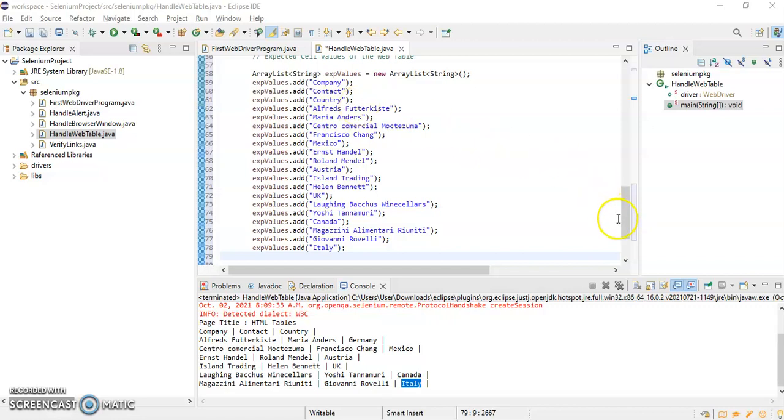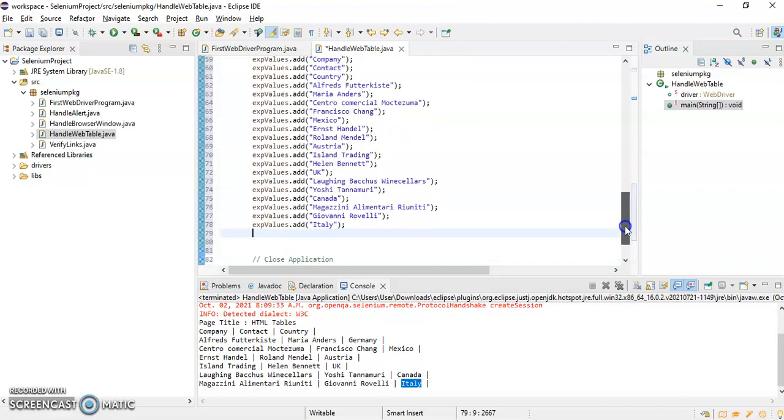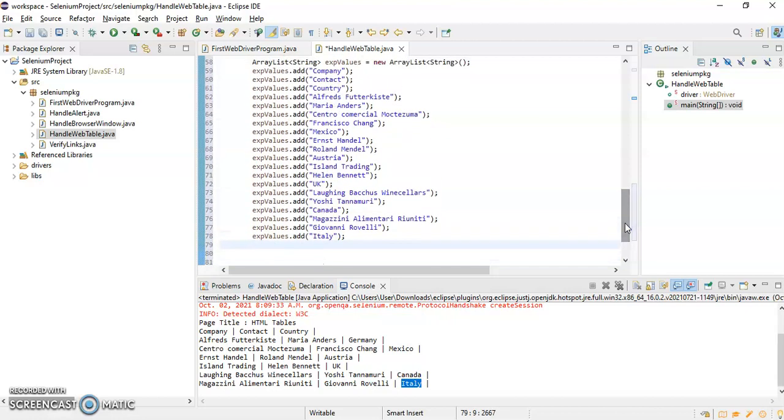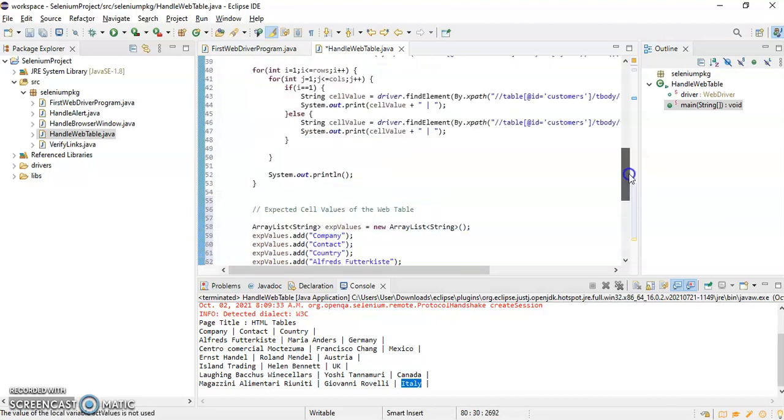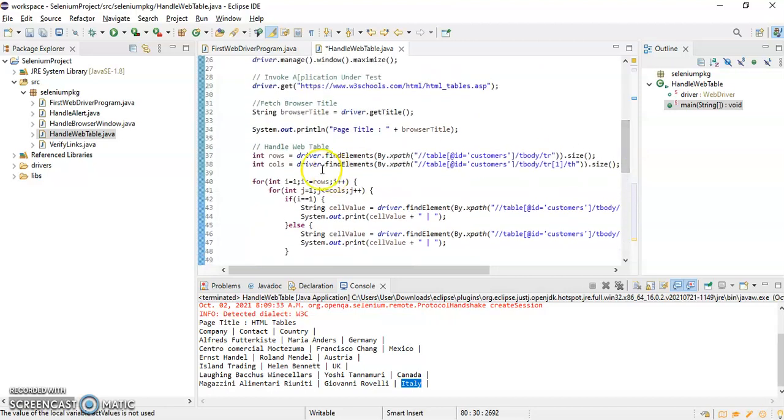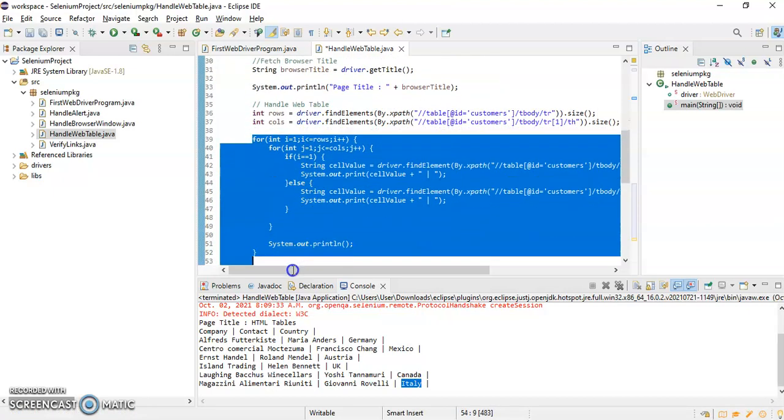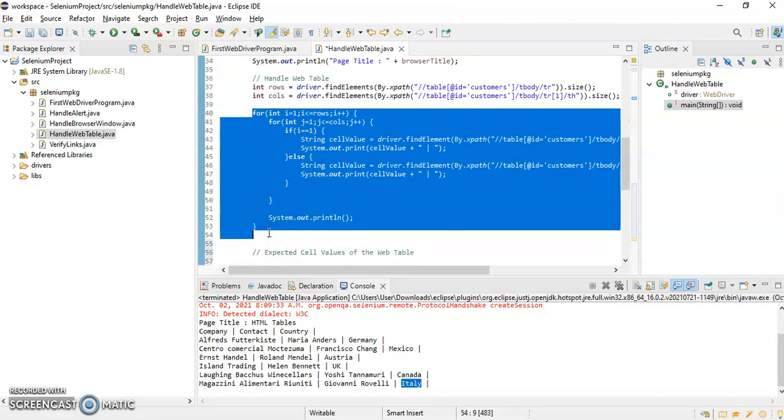Now I have to create one more array list to retrieve the actual values during runtime. So I will copy this line and paste it over here, and instead of expected values I will name it actual values. And this for loop, I have to write it below.